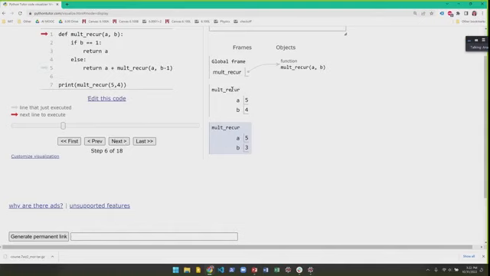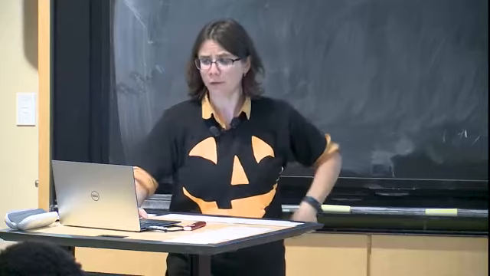My previous box is currently hung up, right? It cannot finish because it's trying to figure out what 5 plus the result of this function call is. But this one's not done yet, right? It's still figuring out its result. So we've put that one on hold, and now we're trying to figure out multrecur 5, comma 3. Well, what is multrecur 5, comma 3? B is not 1, so this one will also go in its else, and it'll return 5 plus